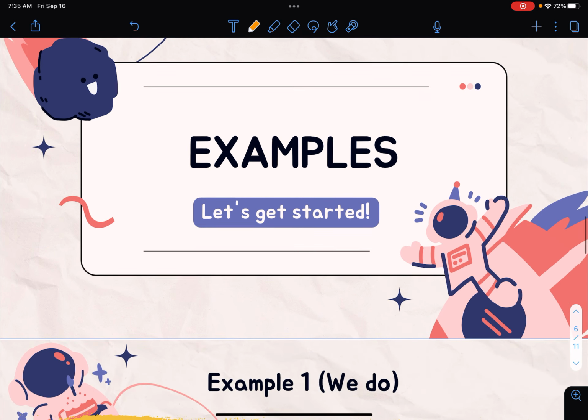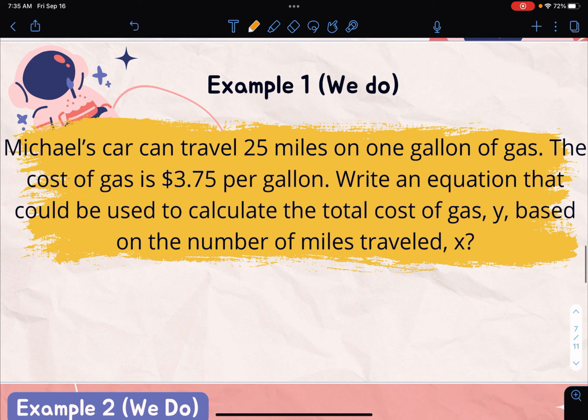So let's go ahead and get started. This is our we do. It says Michael's car can travel 25 miles on 1 gallon of gas. The cost of gas is 3.75 per gallon. Write an equation that could be used to calculate the total cost of gas, y, based on the number of